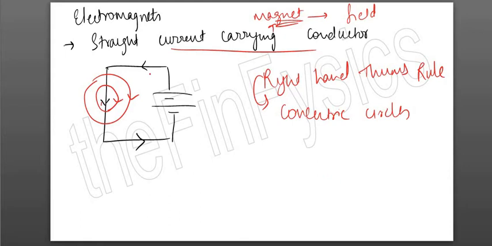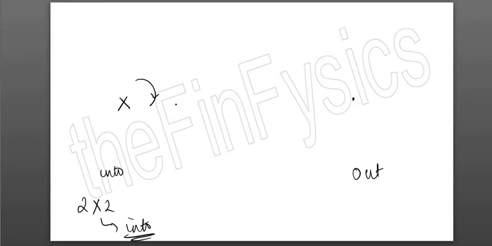They tell you to draw the direction of the field lines. Now they'll not give you a circuit like this, but they will give you a space where either a cross will be marked or a dot will be marked. Remember, cross means into. How do you remember this? We always write 2 cross 2 and we read it as 2 into 2. So cross is into the page, which means the direction of conventional current is into the page. Dot is out of the page, you can consider it coming towards you as well. If you take your right hand thumb pointing into the paper, and when you close the grip, this is the direction in which your fingers point.